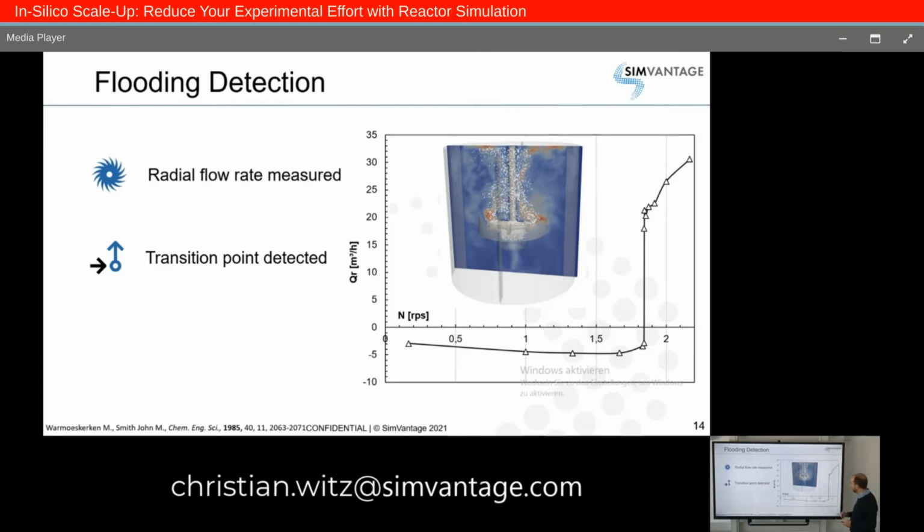And this transitional point you can now compare with experiments like from Wammerskerken, and you see that the experimental value and the simulated values are in good agreement,